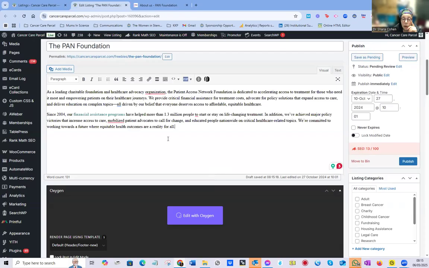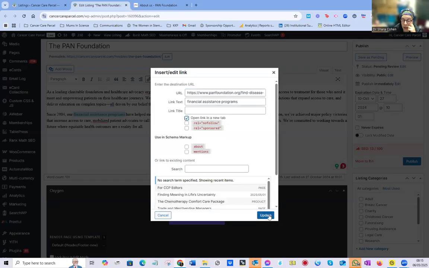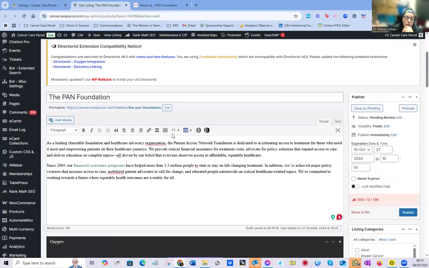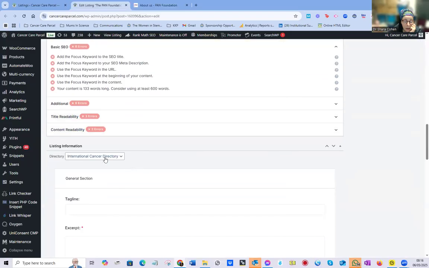As a leading charitable plan, dedicated to... It's okay to link. Any link that goes to the outside world, that's not on our side, needs to open in a new tab. In general. So that tells people, when they're on the main directory looking for financial assistance in America, who they are. So what we need to do first of all is tell our website